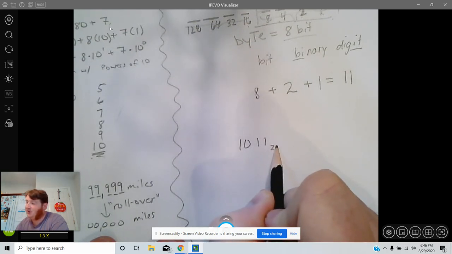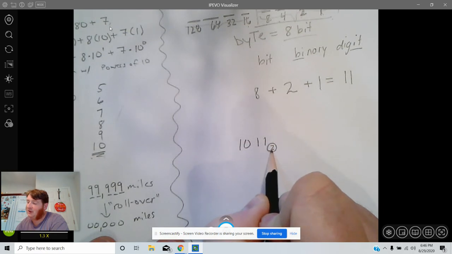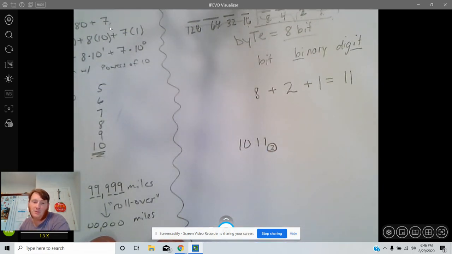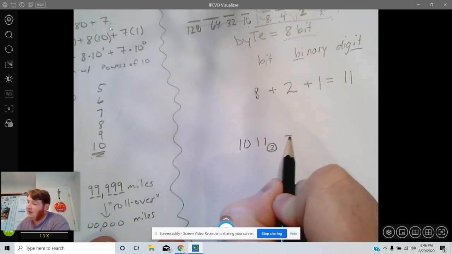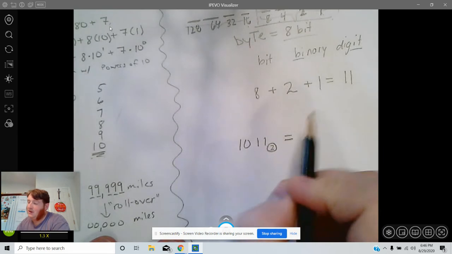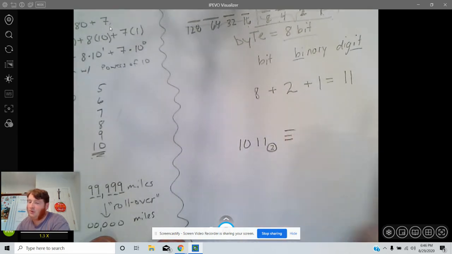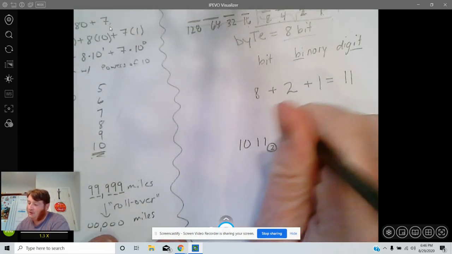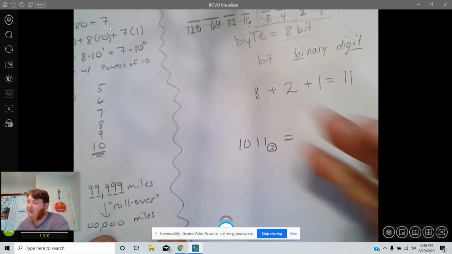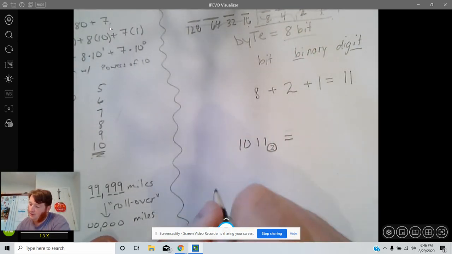So what's pretty common, and I like to put a circle around it when I do it, but you won't actually see that in print very much, is you write a little subscript 2 to make it clear that it's a base 2 or binary number, is equal to, and some people will even use triple for equivalent, but that's probably not as common. But if you ever see a triple equal sign,